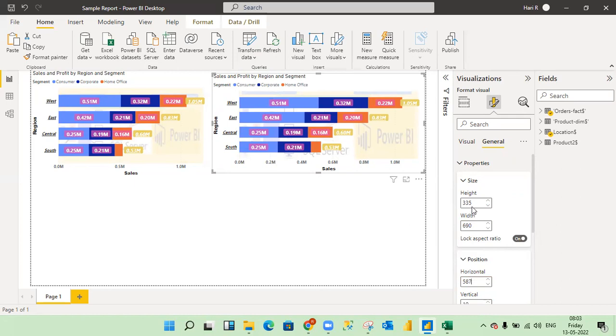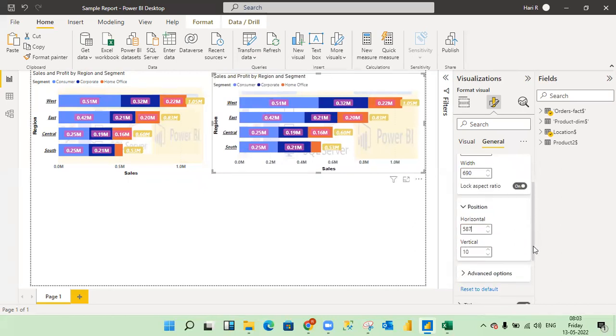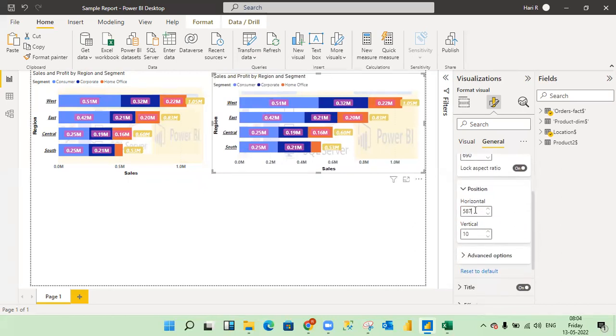Now, we are discussing position, right? Horizontal position and vertical. Horizontal means sideways, vertical means standing upright. Okay, now I want to move this